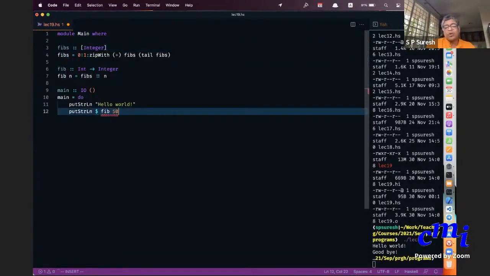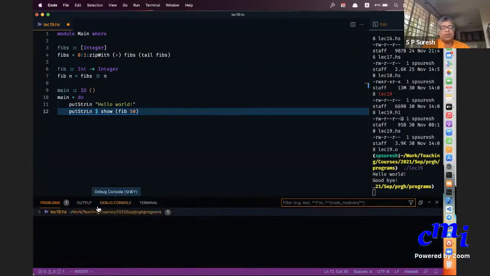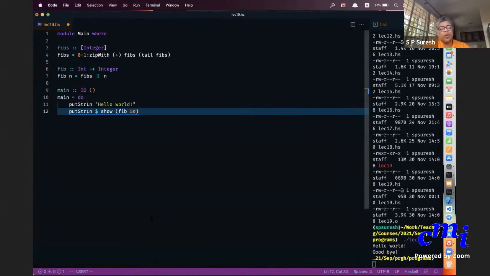This won't work because fib 50 is a number, so you have to say show. Show will actually convert it into a string. That's another thing that one could do. We'll come to that in a minute. So this is my program.